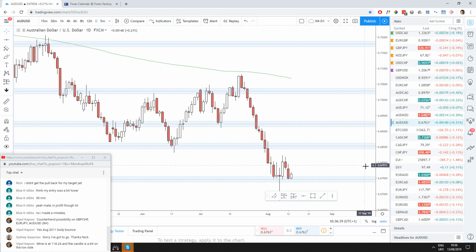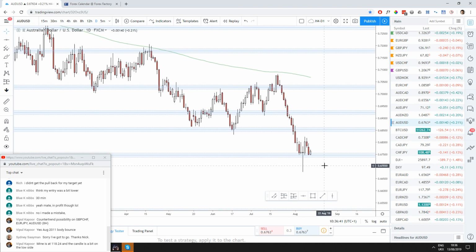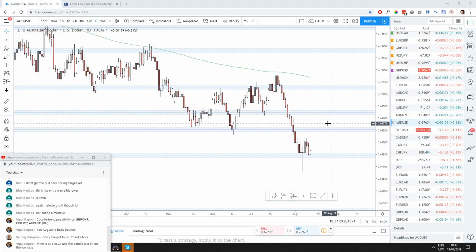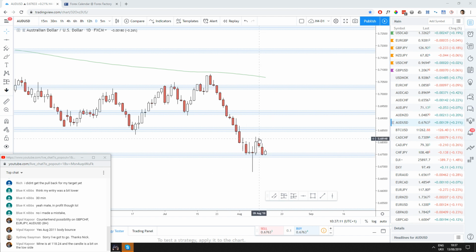You got AUD USD. I wouldn't be entering a counter trend reversal on AUD USD. We already had this weird candle. We already had an attempted counter trend reversal that's completely failed. We wouldn't have entered this one, but what I mean is buyers have attempted to go up but failed completely. They're attempting it again,